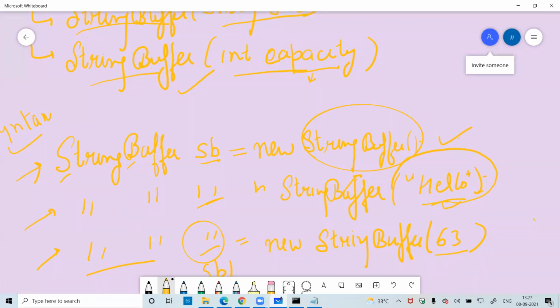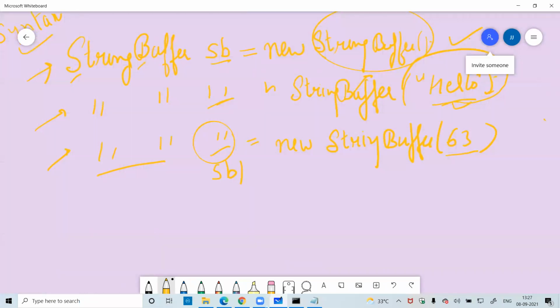By default, the capacity of the buffer is 16. If we do not specify any capacity within this range, the memory provided by default is 16. That means 16 characters can be stored within this.